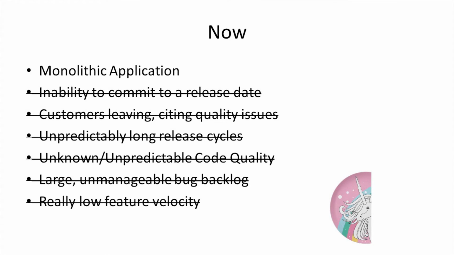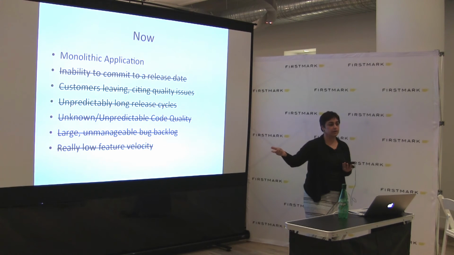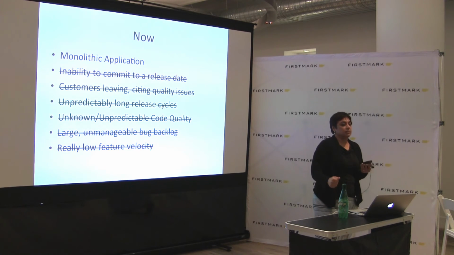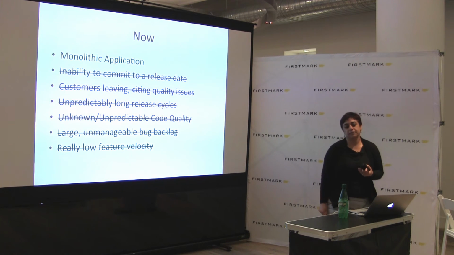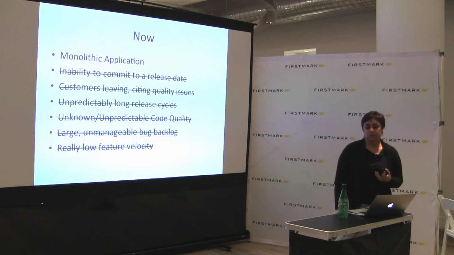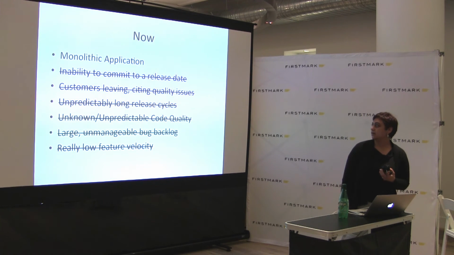We lived in a world where all of these things are true. I still live in a world where I have a monolithic application, but I now live in a world where I ship code on time. This year we're already onto our second release that we're targeting. There's a very large number of bugs. We've already caught up to the product team, and they're now running around with their heads cut off, as in, what do you mean you need more features to write? So that's the world we live in now, and I'm happy to be here,